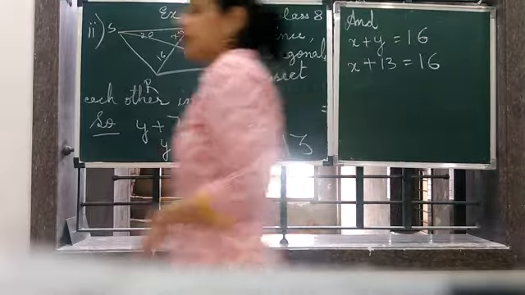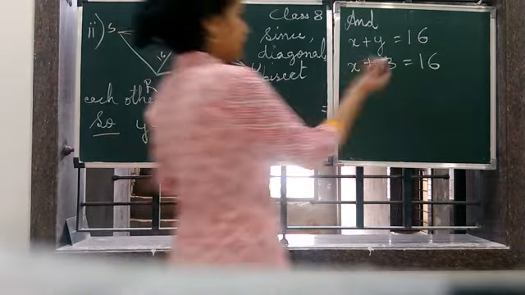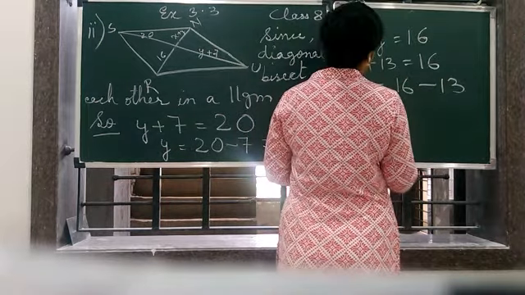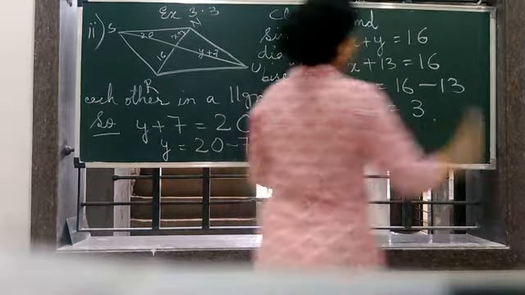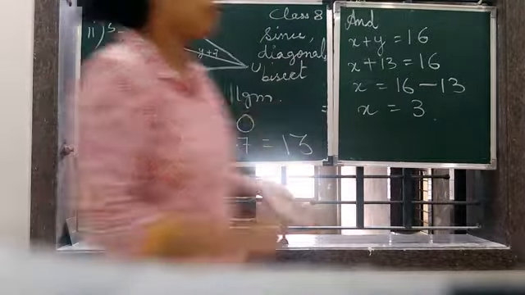Okay, now 13 will be transposed to the RHS. Hence its sign will change. It is plus, it becomes minus. 16 minus 13. So the value of x is equal to 3. This completes the doubt. Okay, now we will shift to